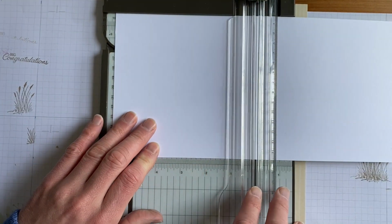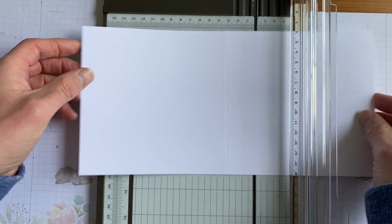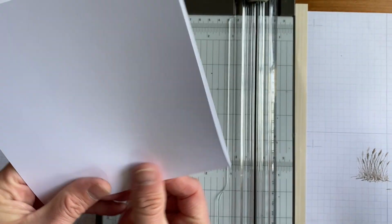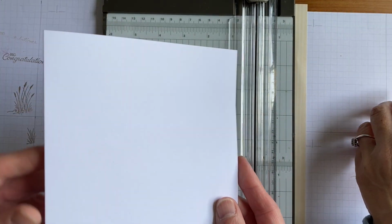Okay. Are you all right with that? We're good? Yeah, like that. Okay. You can fold your card. You've got a nice square card. Book fold, yeah? Yep, it's a book fold. We're going to do a book fold. It just means it's a little bit more...